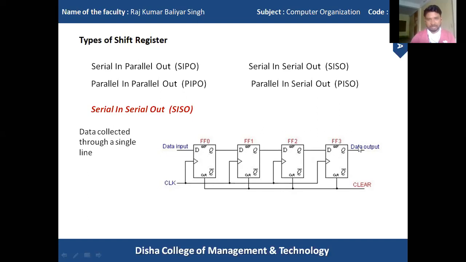That means the data can be collected here, and it is a 4-bit register because it uses 4 flip-flops. So it can handle 4 bits of data. Here one important thing is that in case of serial shifting and parallel shifting, the question may arise: how many bits can be transferred in serial shifting and how many in parallel shifting? We can transfer n bits of data in both cases, but the way we transfer it can be different.